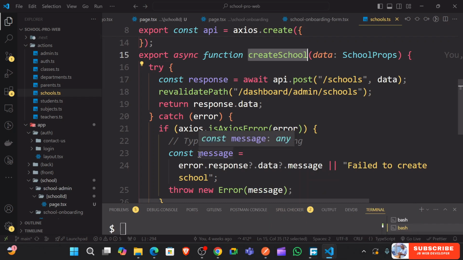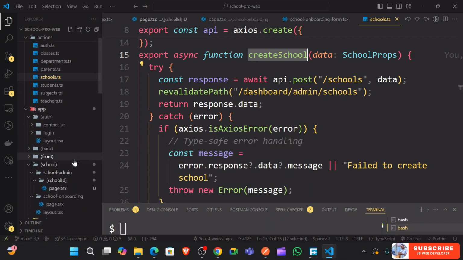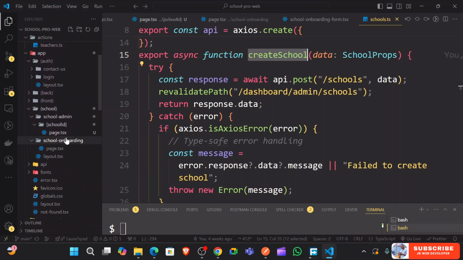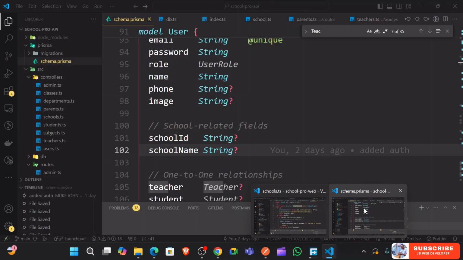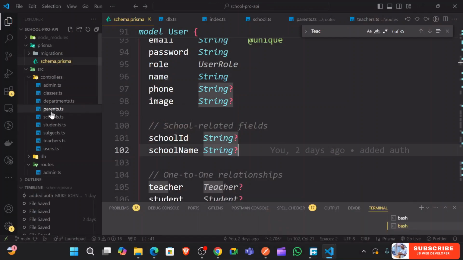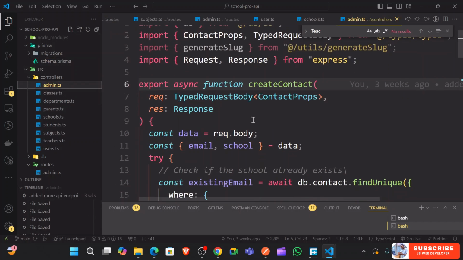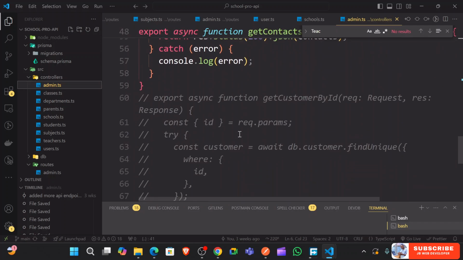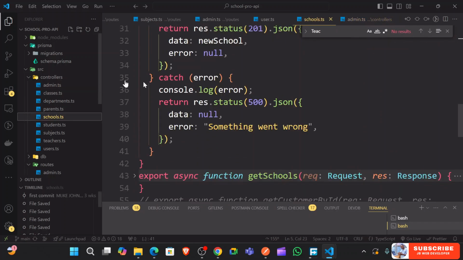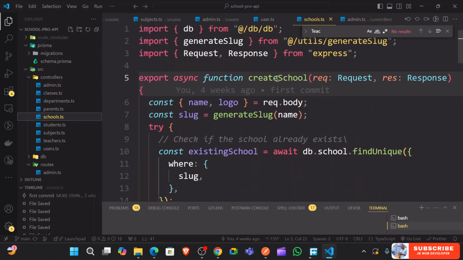Everything is really important when you are returning back whatever you are doing. For instance, the return back for this. So in our API, if you just go here, because that is the return response from the create. So if you just go to school, I think we named it in the admin. So if you just see here, we have this create school somewhere, get contacts. Okay, where is the school? Here. So if you just look at the create school,